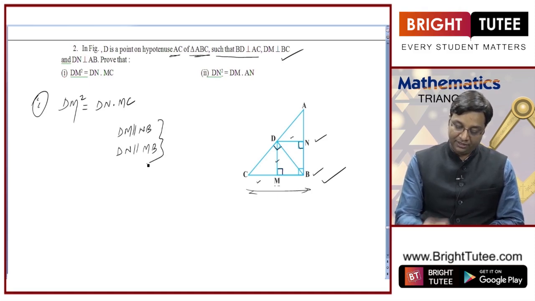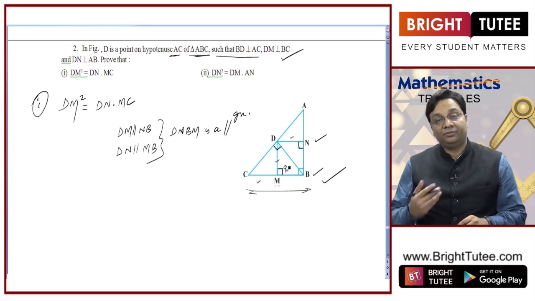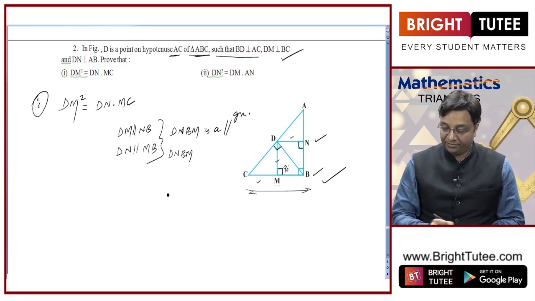And these collectively tell me DNBM is a parallelogram, and I see that this angle is 90 degrees. So even if one angle of the parallelogram is 90 degrees, it becomes a rectangle. So DNBM is a rectangle,